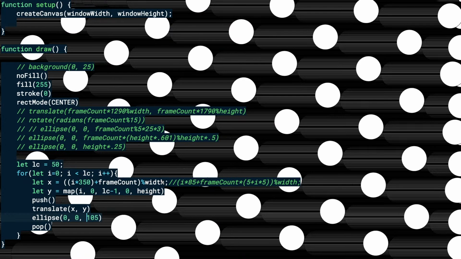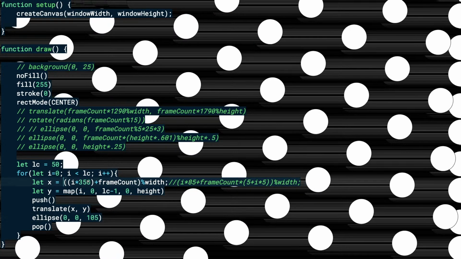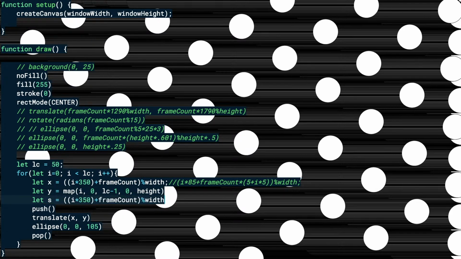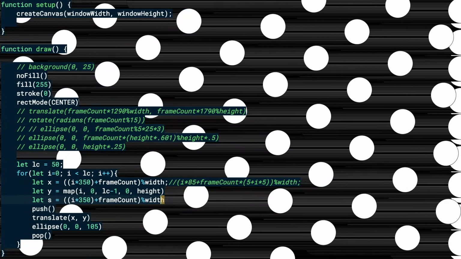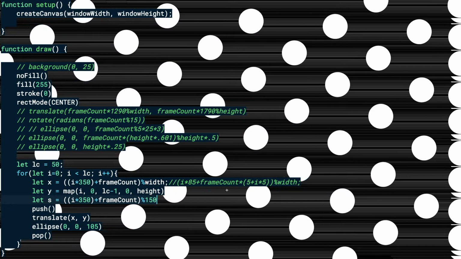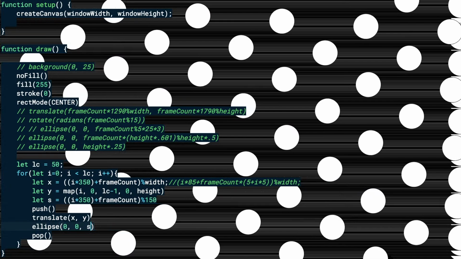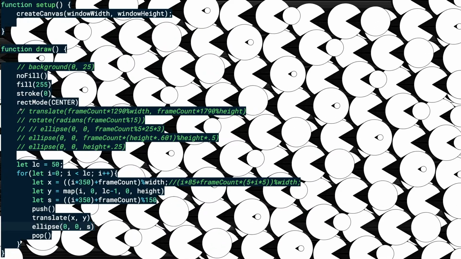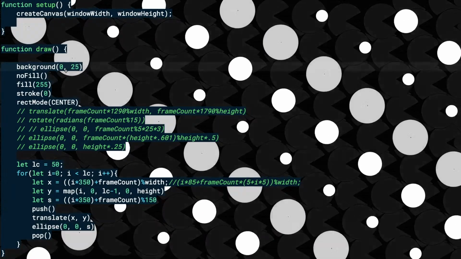We could also play with a very similar setup for a size. Letting them get up to like 150, let's say. And I'm going to activate a background again so we don't get this overlap. Cool, and then we get this kind of expanding and bursting